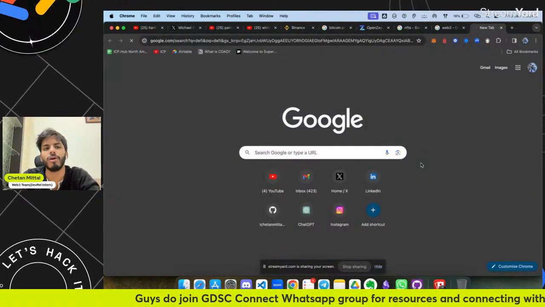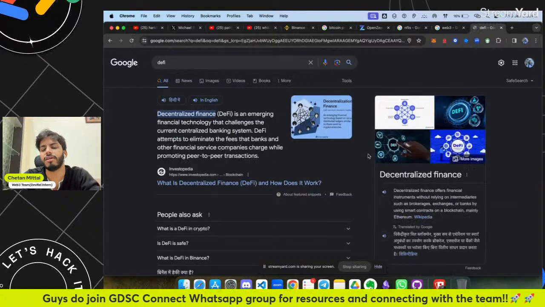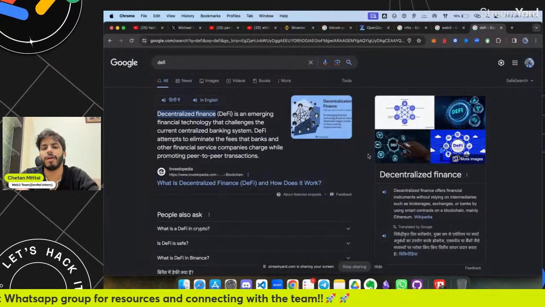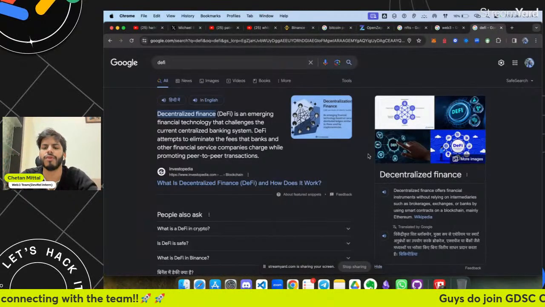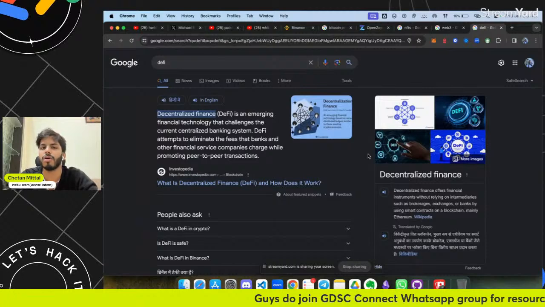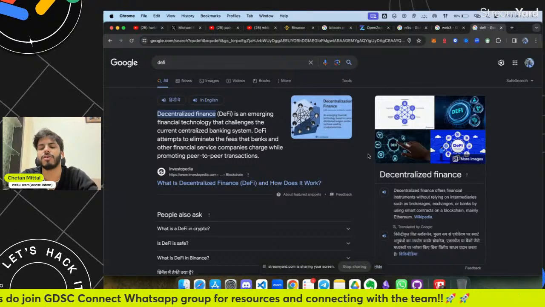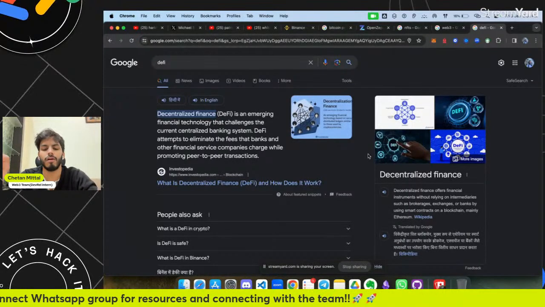Then there's the space called DeFi. DeFi is decentralized finance. The only space that has a lot of jobs right now is DeFi, because originally, blockchain का concept आया कहाँ से था? When the 2008 crisis happened, banking sector को solve करने के लिए ही blockchain का concept लाया गया था. And from that time till now, decentralized finance has grown to the level कि the